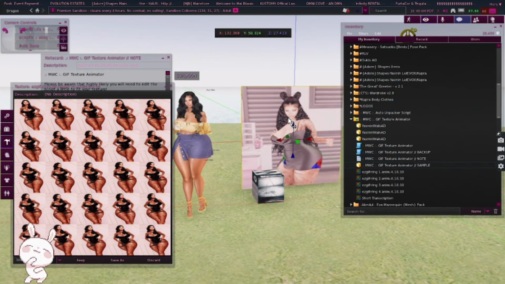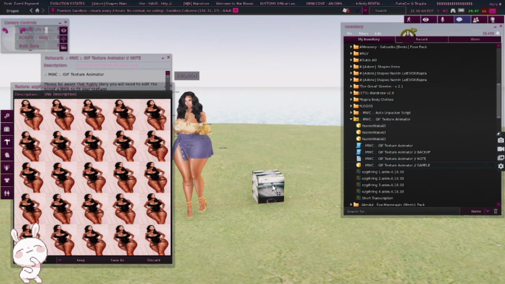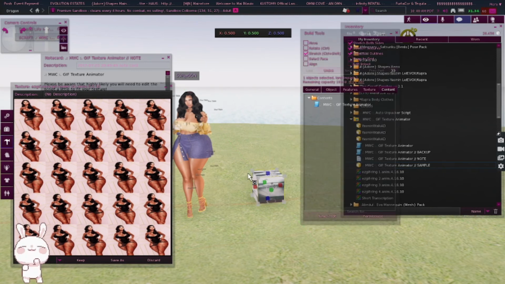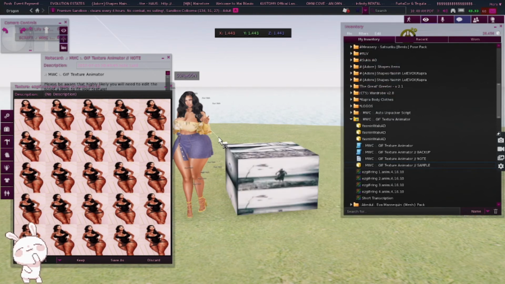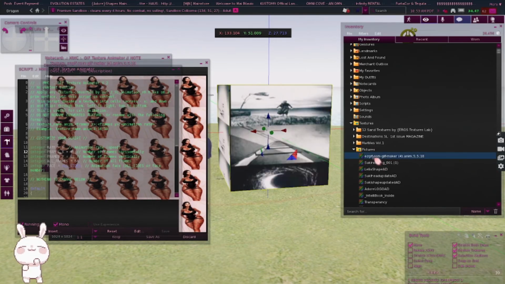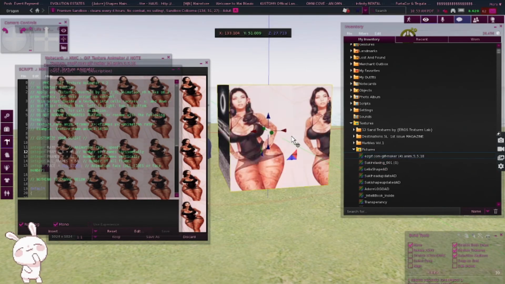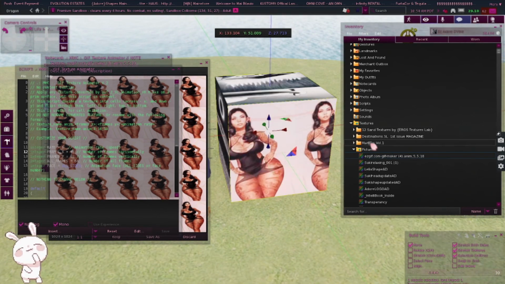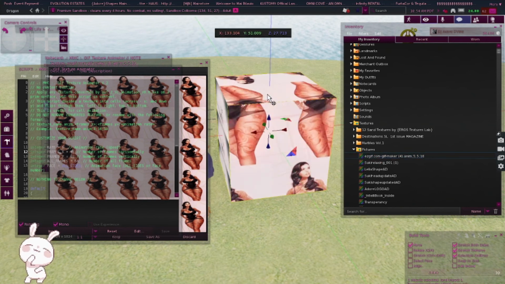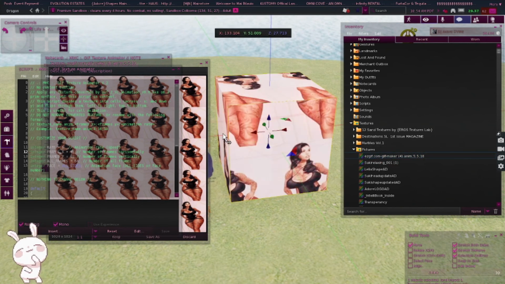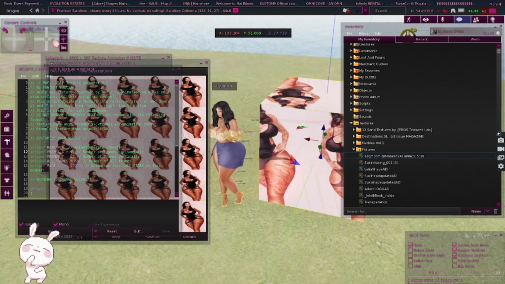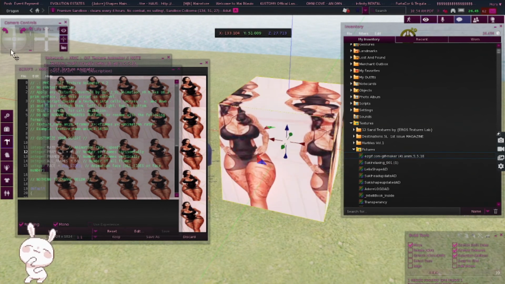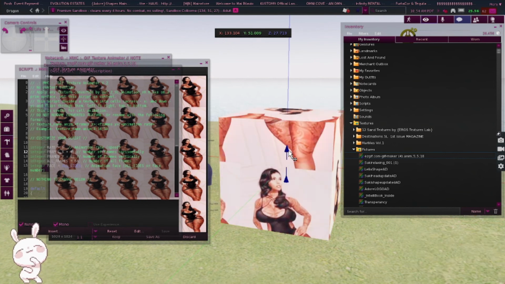So let's go ahead and get rid of that. Start on this. So you're going to hit edit. Definitely stretch it out so you can see what you're doing. So now what you'll do is you'll put the GIF on the actual box. I know it's going to look a little crazy, but we're just going to put it in on all sides. Or you could do one side, doesn't matter, but just do it on all sides just to be safe.